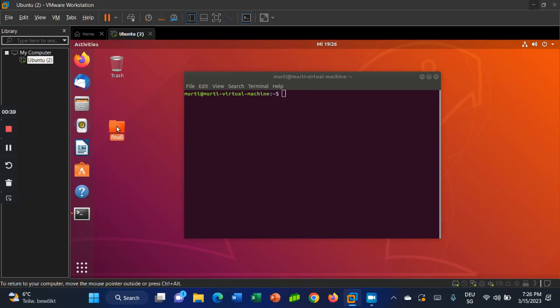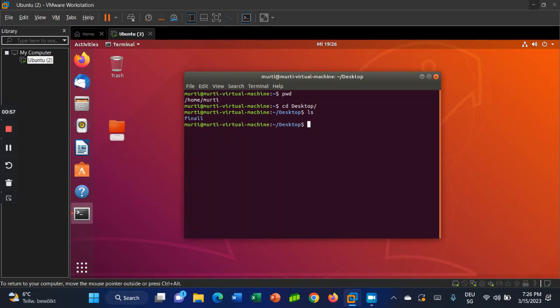I have a folder on my desktop which is final. So let's check how we can list the content using CLI. Okay, so let's check where I am right now. I'm not on the desktop, so I have to change into the desktop. Now I am on the desktop and I have a folder. If you want to list the content of the folder, you have to go to this folder: cd final. Okay, cd final, and now by using